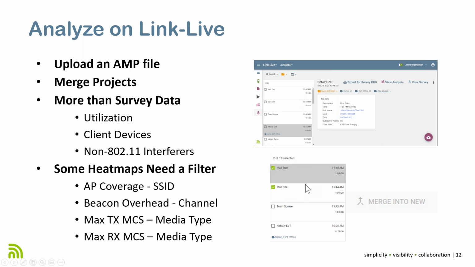So you can just select using the little checkbox next to each of these surveys. And if the floor plan is the same on each of those projects, and it's been calibrated, it's using the same calibration, then you do have the option of just merging those into a combined project. So now you can see overall how that Wi-Fi network looks instead of having 4 different sections or separate